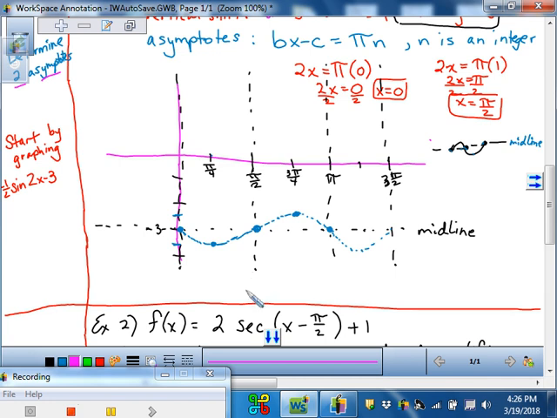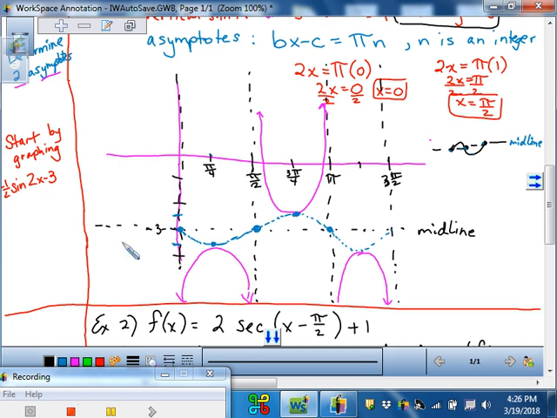Right at the lowest point, I'm going to make a U-shaped graph going the opposite direction. Because remember, it's the reciprocal, so I want it to flip. So I now go to the highest point, where the highest point of the wave is. I make another little U-shaped graph, staying inside the asymptotes as I go. Go to the next lowest point, make a U-shaped graph going the opposite direction because it's the reciprocal. And again, always staying inside those asymptotes that we have drawn